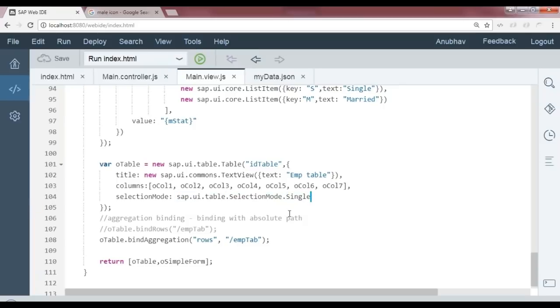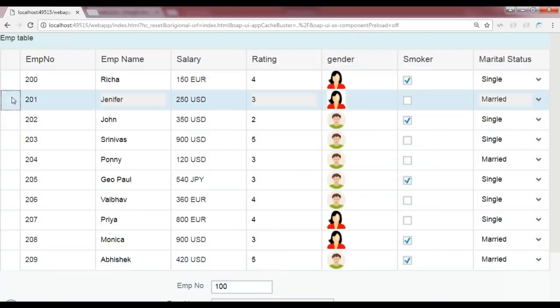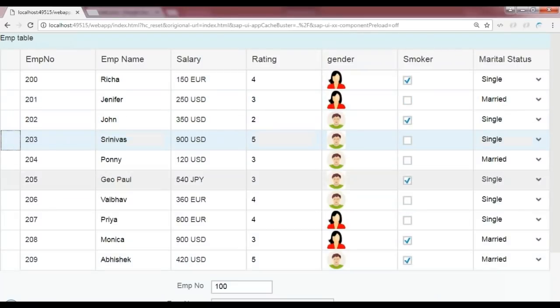I save this, and let's come back. You see right now it's a multi-select, and refresh. And there you go. Now the table is in a single select mode. What an amazing feature. Thanks to the UI5 SDK for helping me out by finding all the possible things which I can use. You can indeed